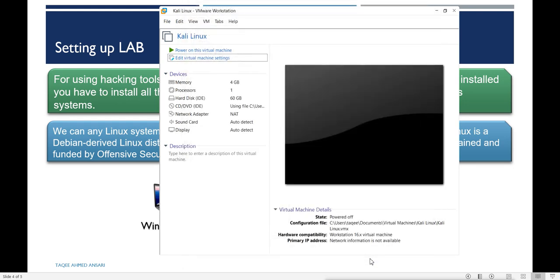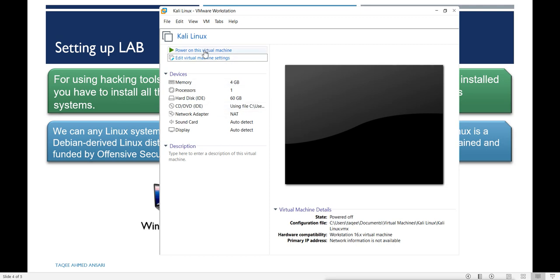Now as this is a live DVD, I don't have to install it. I can run it directly. So suppose if you have a live DVD, no matter what operating system is already installed on that machine, you can just insert the DVD, or you can just insert the flash and then boot from that DVD or flash.